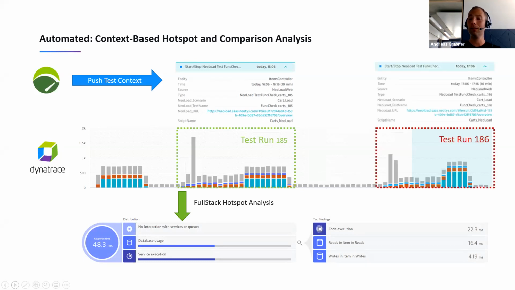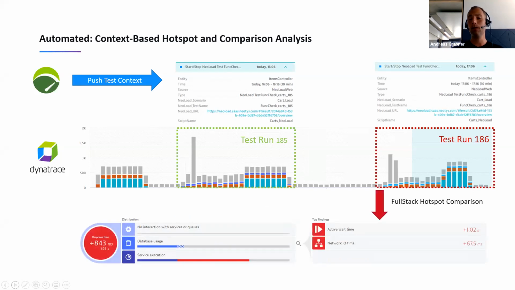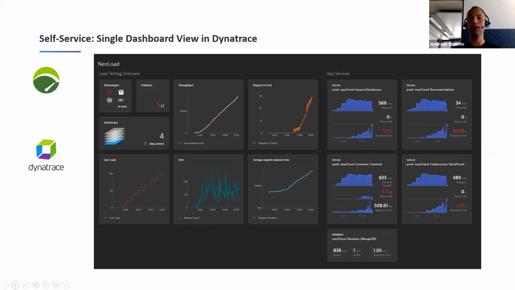And if we do this for every test, 185, 186, 187, then everyone can easily also say, so what are the differences? Because Dynatrace takes care of the analysis and comparing these two things and tells you what the difference is. Now, the other thing that we worked on, and again, this is stuff we show in the demo,